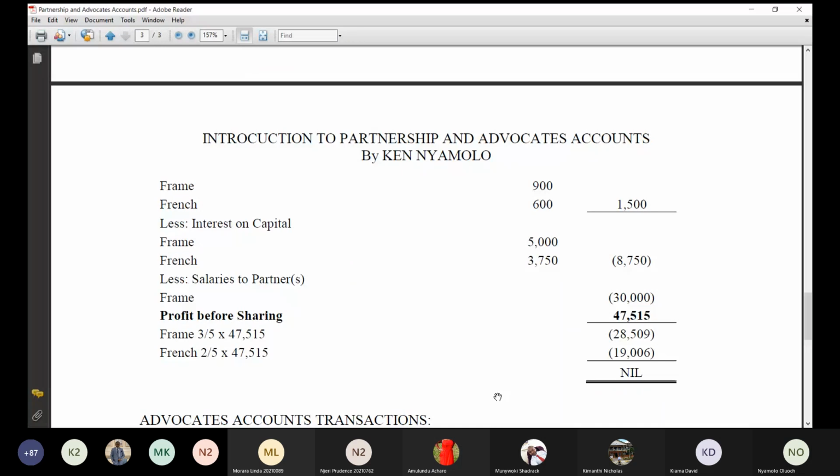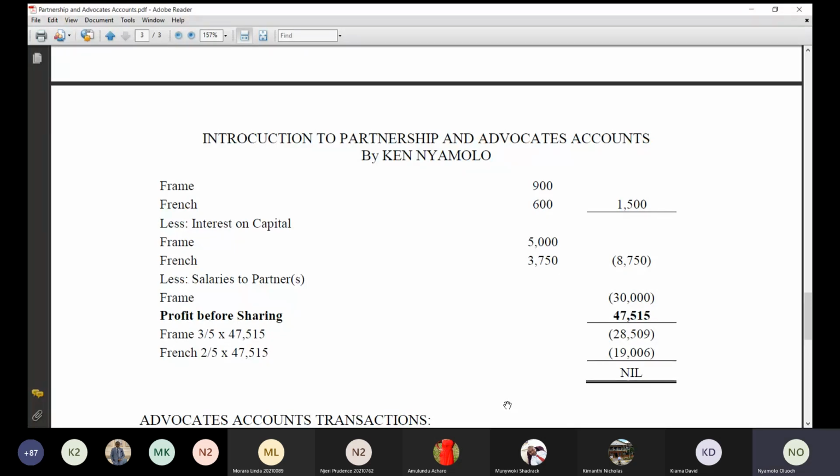Yes. Any other question? Then otherwise I take us through to the advocates accounts. I still have a task to work on the current and capital account. I've told you to try with these figures. We have all our workings except the capital accounts. Let's use that format that Chiri gave us, and we try to post these figures and see if they will balance, so that in our next class we will be looking at something that people have worked on,